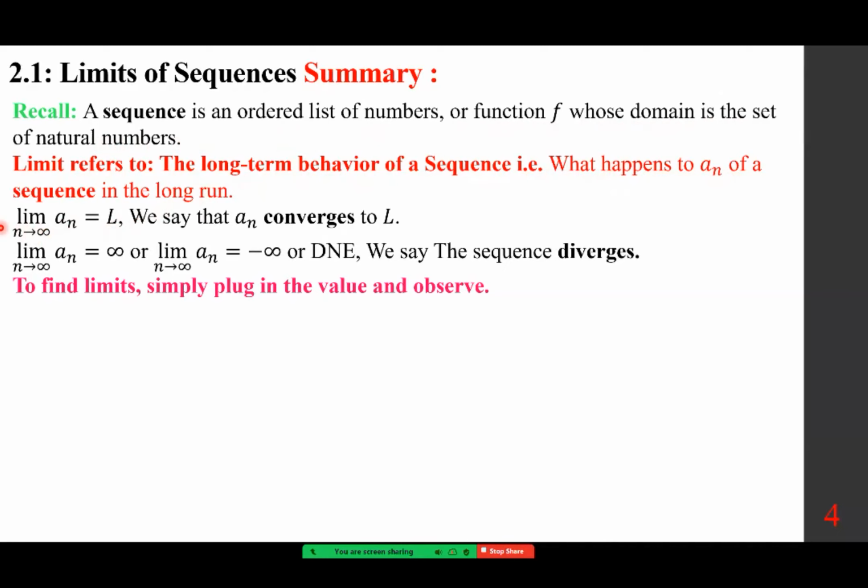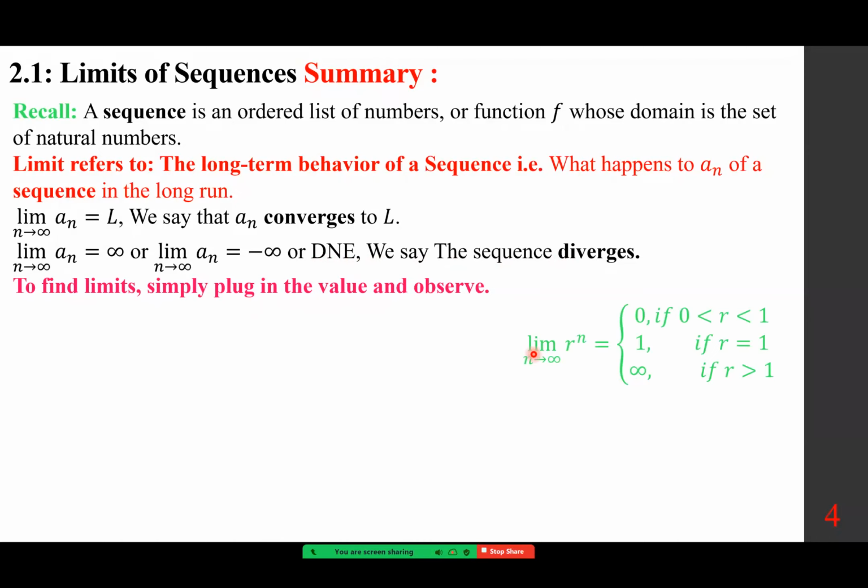So if you look at this one, we write lim stands for limit of a sub n as n approaches infinity equals L. We say that a sub n converges to L when we can pinpoint a limit. But if this limit is equal to infinity or negative infinity or DNE, does not exist, we say the sequence diverges. There are limit laws we will look at, but simply put, just plug in the value and observe. I will show you as we come across examples. Let's discuss a few